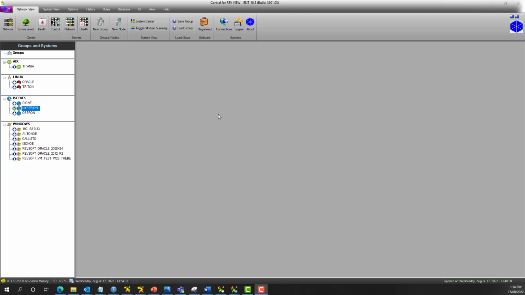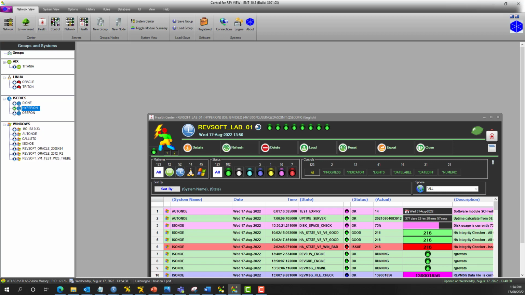But first of all, I want to explain a couple of things in case you're new to RevView or haven't used these functions before. First thing is the Health Center. The Health Center here